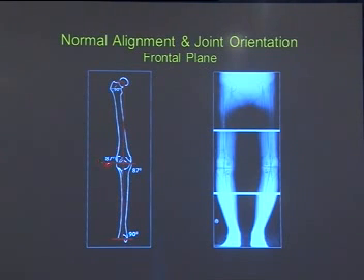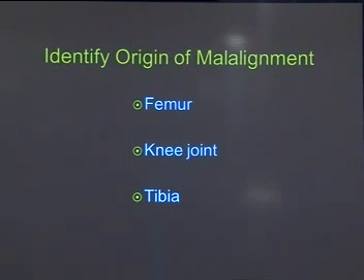And it forms this outer distal femoral axis, which is 87. Dr. Agarwal has said 88. It is always 87 plus or minus 3. It may be 3 degrees less, or it may be 3 degrees more. Here it remains about 90 degrees, and here it is 90 degrees. So you have to identify whether there is a malalignment in the femur, whether it is in the tibia, or whether it is in the knee joint.